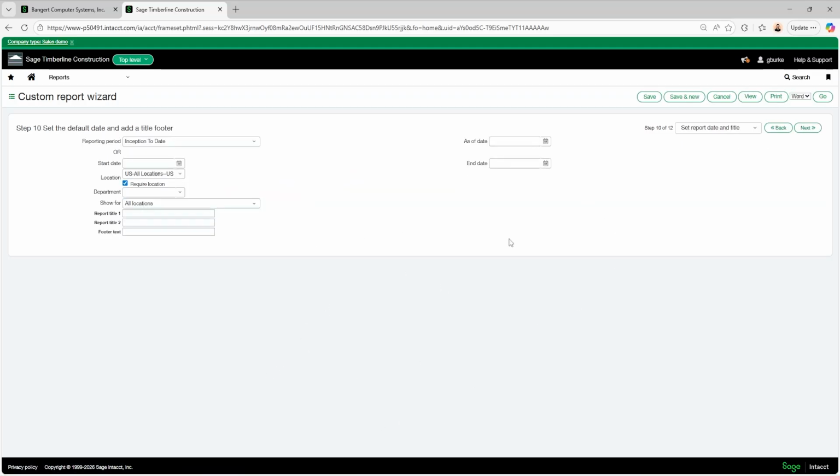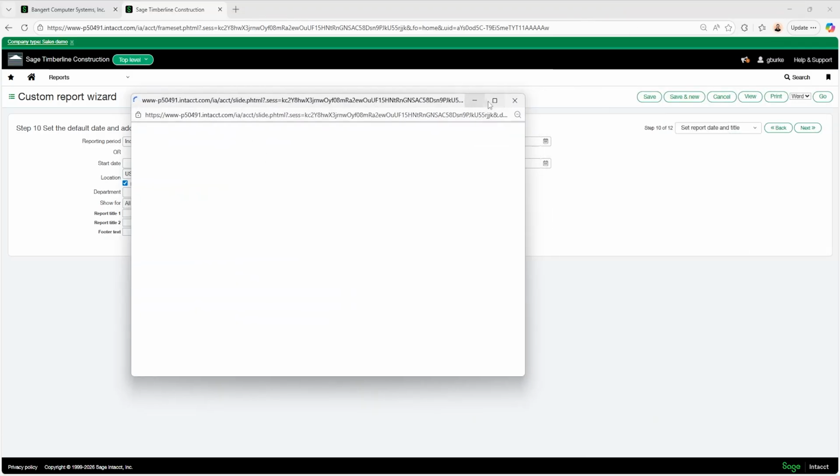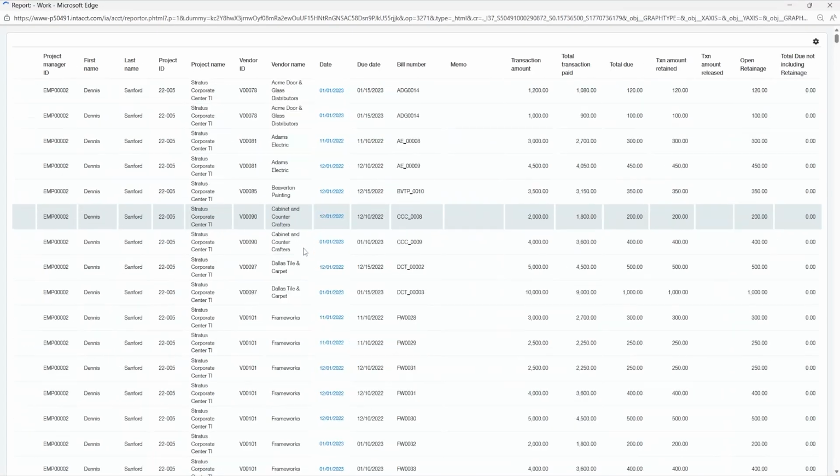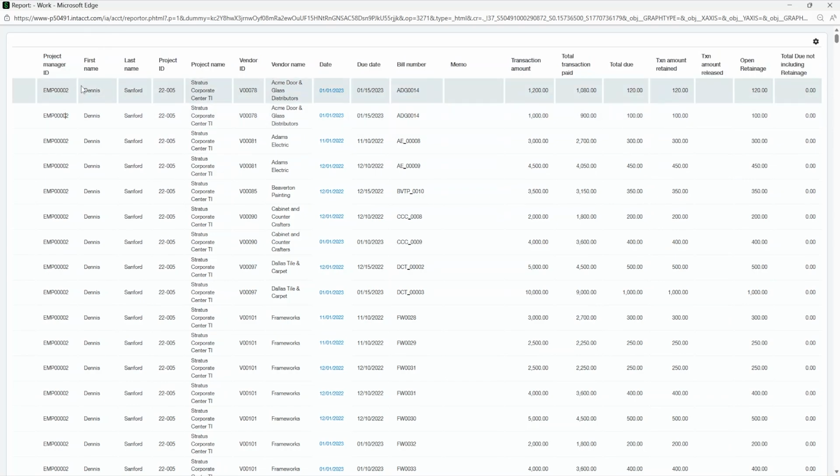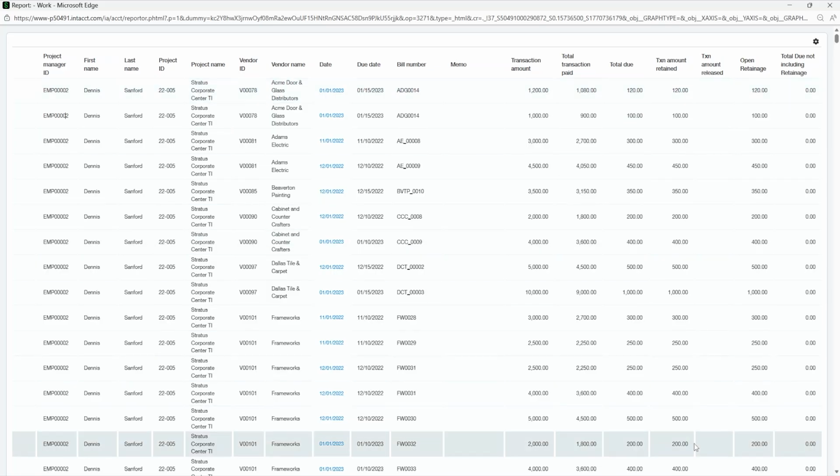All right, so back on this screen, we can go ahead and run that report again. When I click View, it's loading in my window over here. And now this looks a lot better to me. My project manager first, and then the project information going into the vendor, and then more of the bill information.